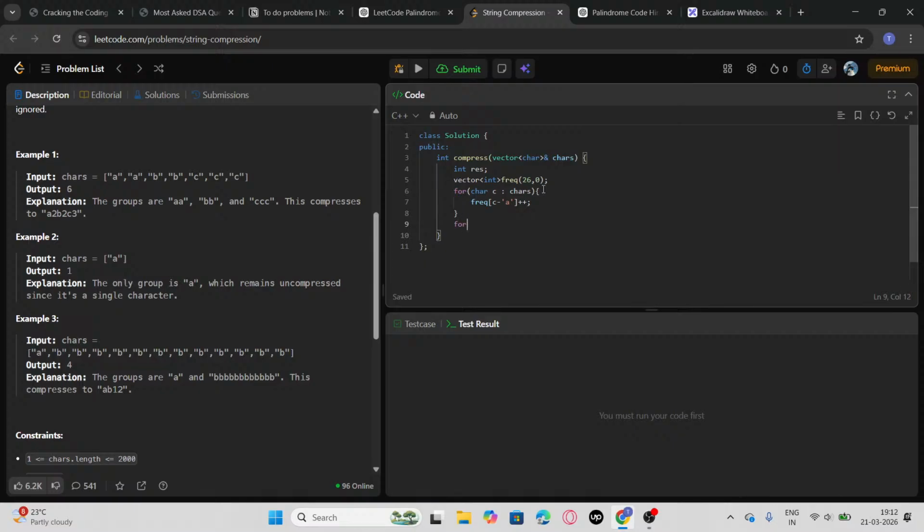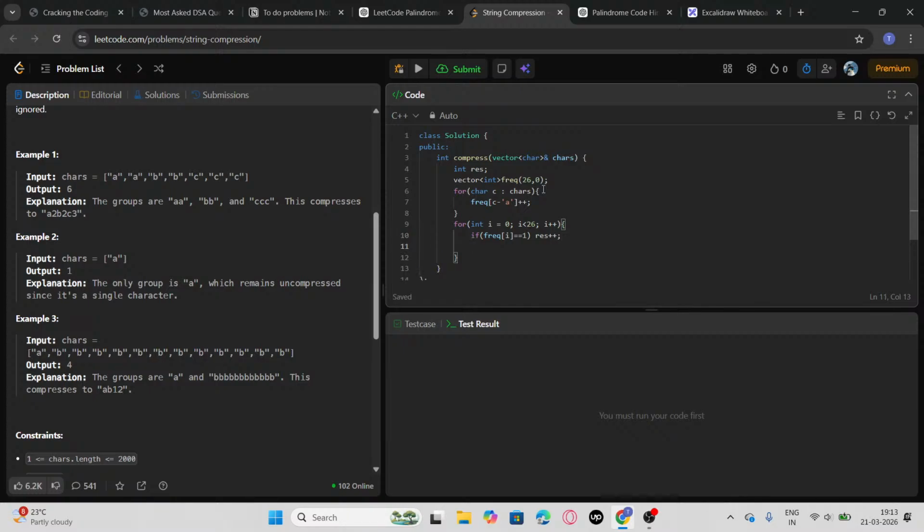Now we can just traverse the frequency array, i equal to 0, i less than 26, i plus plus. If frequency of i double equal to 1, then we do this